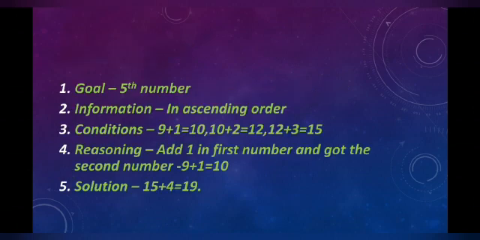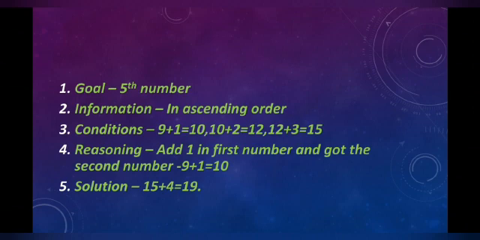What is the goal here? Already you have 4 numbers. So, I analyze that we have to find out the 5th number in the sequence. Is it right, children? Yes. In the second step, you have to gather information from this. So, what is the information you gather about this problem? Here the first 4 numbers of the sequence are in ascending order.